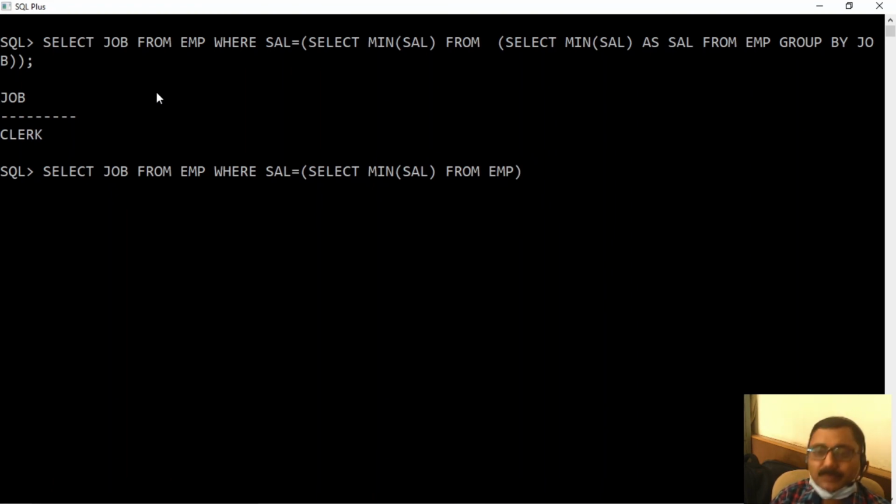This will give the minimum salary. No, group by is not required. It will give minimum salary only, and then you can have the output. The output is the same.